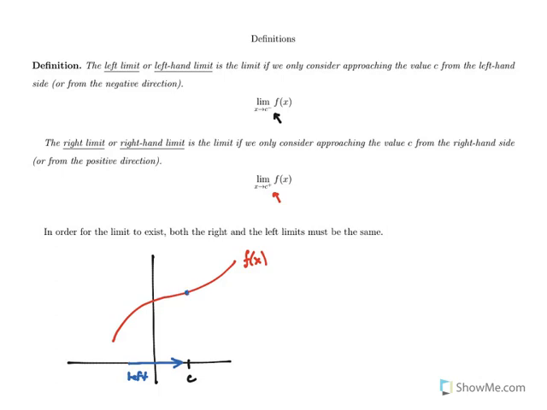And when we find this limit, it's like we are tracing the function, just like we did in the previous section, to approach the y value that we're looking for. The right-hand limit is doing the same thing, but this time from the positive direction. We'll say positive, we'll say negative for left. So from the positive direction, and again, we're tracing the function